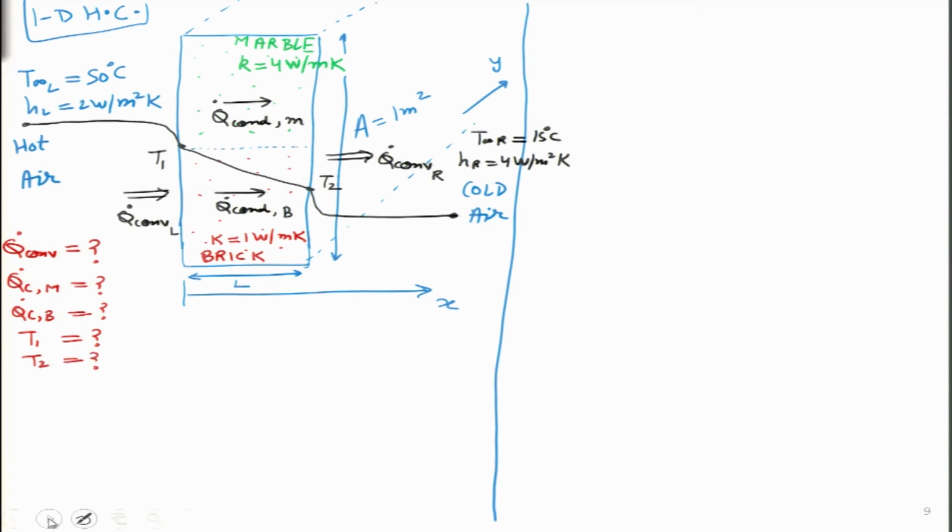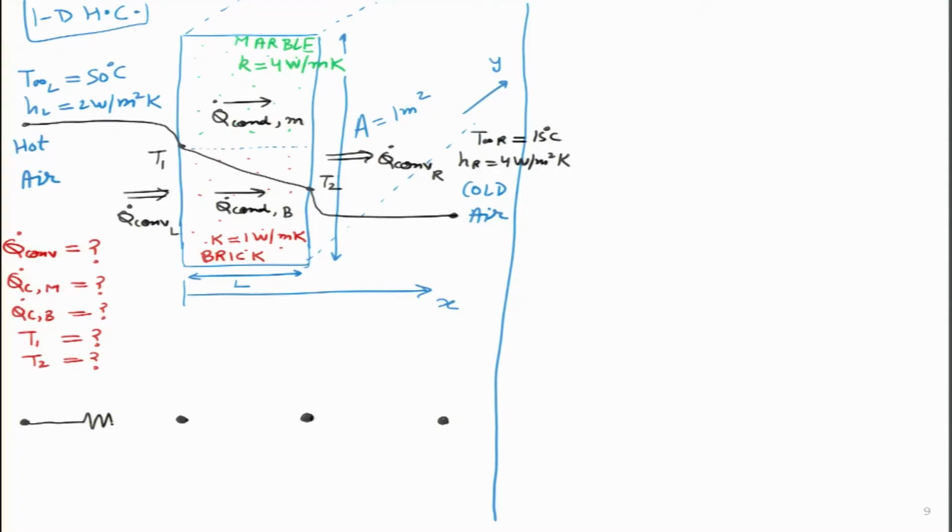So, here again as the process or the method suggests, we have to draw a resistance network. So, we start with the highest voltage or the highest temperature over here and the lowest voltage or lowest temperature over here. So, these are our 2 points. Then we have another temperature node here and then another temperature node over here. So, let us say how many resistances are there between T infinity L and T1, which means from the air to the wall. So, everything is 1 over there. So, there is only one convection going on. So, I will represent it with one resistance. The same thing is only one resistance on the right hand side over here.